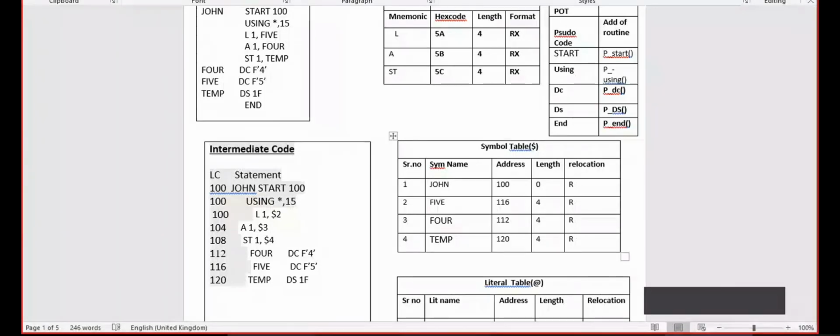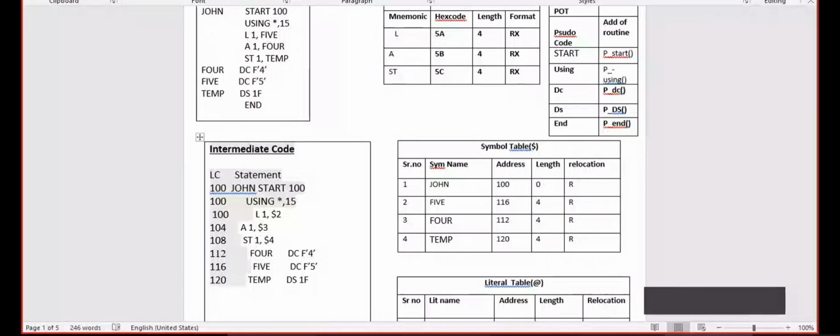And at last, after execution of this statement, the location counter should be updated by 4 because this instruction takes 4 bytes. So 120 is our current location. 120 plus 4, that is 124, is the current LC. And after DS 1F, END is given.